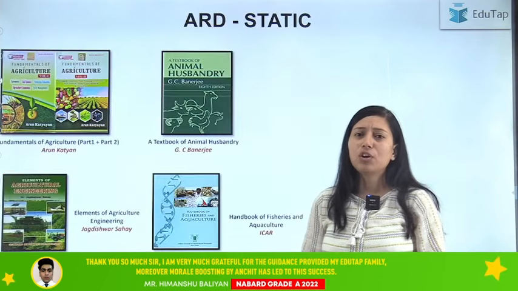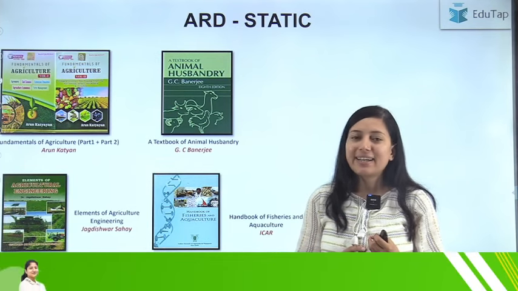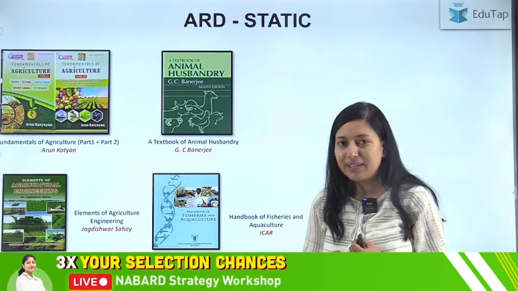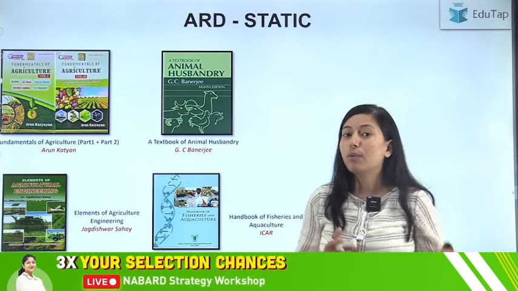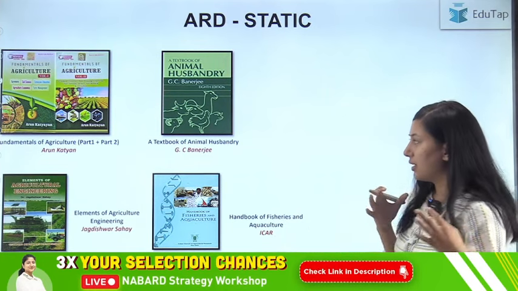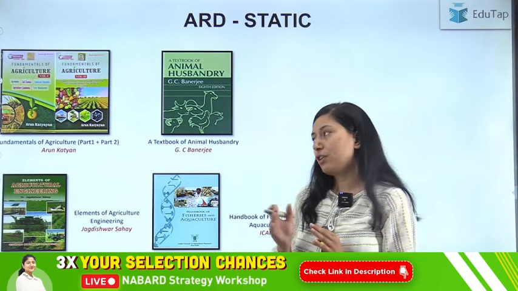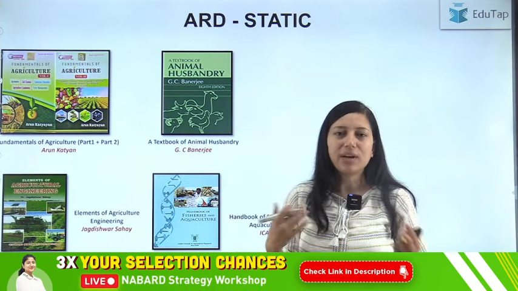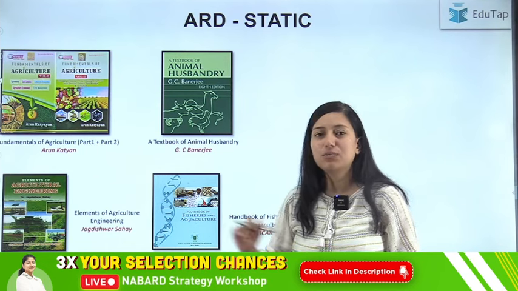Now moving on to ARD Static, we have covered the non-merit section. So ARD Static and ESI Static, I will be recommending books for these two, and ARD and ESI are part of the merit section, so they are important for us, and we know that the syllabus of ARD is very vast. ठीक है, so how to cover, from where to cover, we have come up with these 4 books.